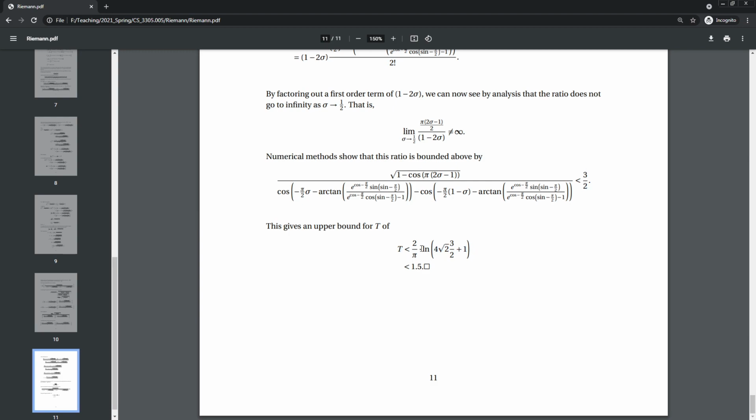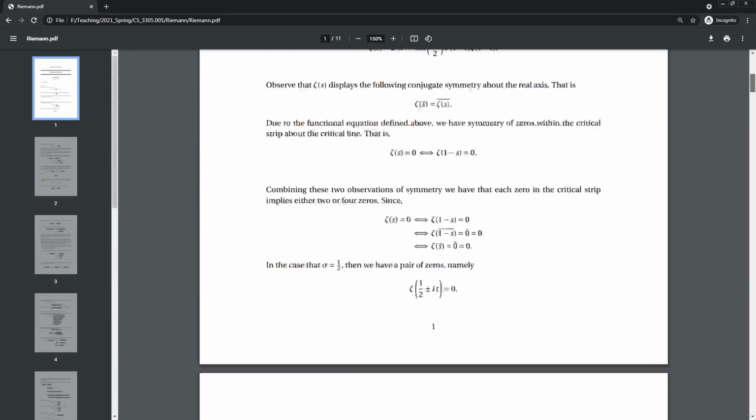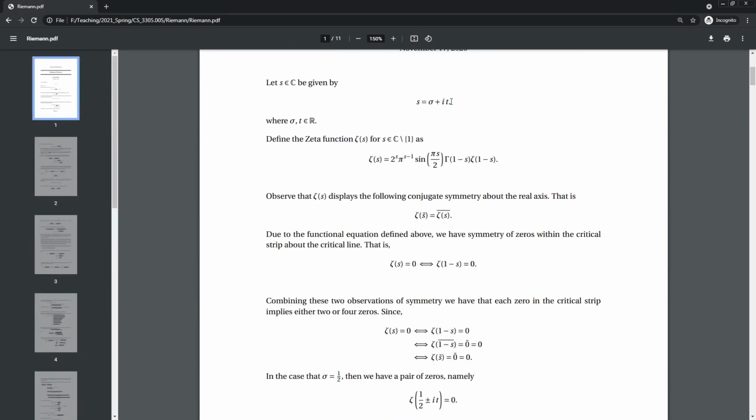And it plugs right in, and then you just compute it. 2 divided by pi times the natural log of 4 times the square root of 2 times 3/2, all of that plus 1, and the natural log of all of that. And you see that t is bounded above by this. So that if you chose t as this value as 1.5, then for all little t here greater than 1.5, it's impossible to have a 0 off of the critical line